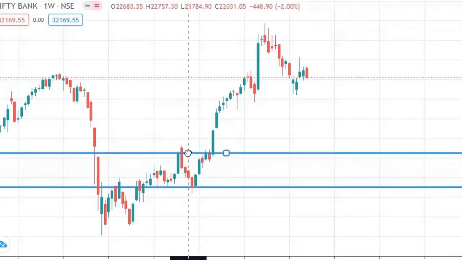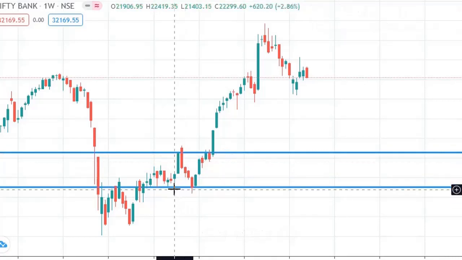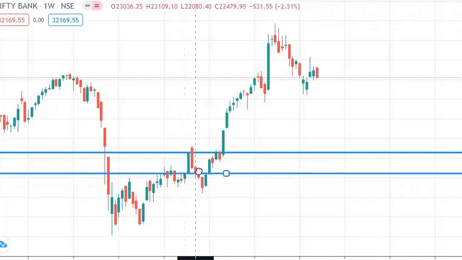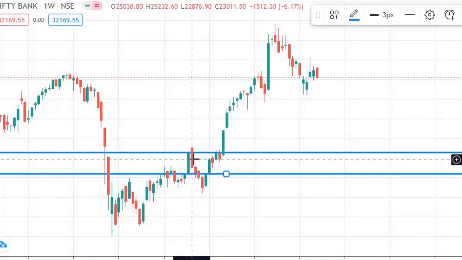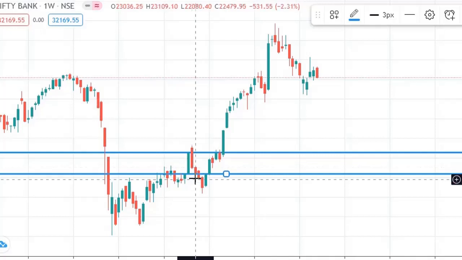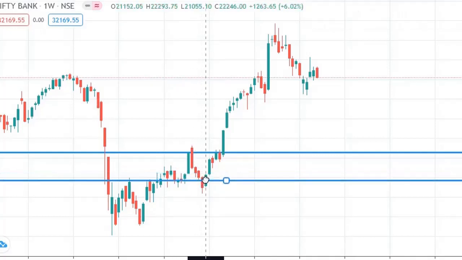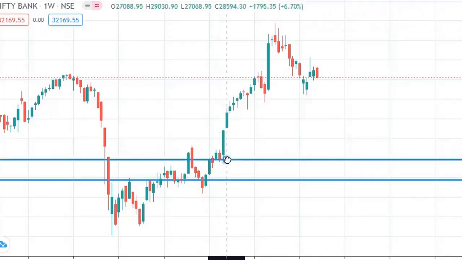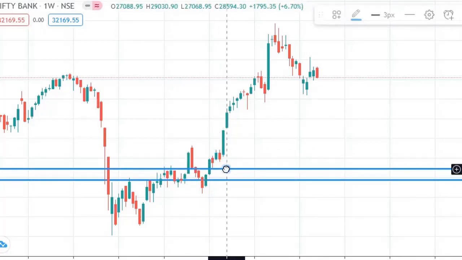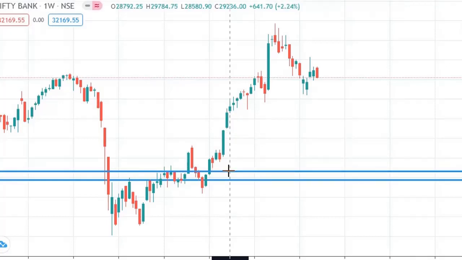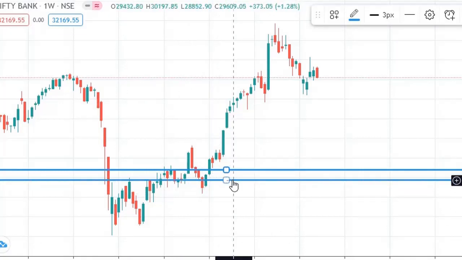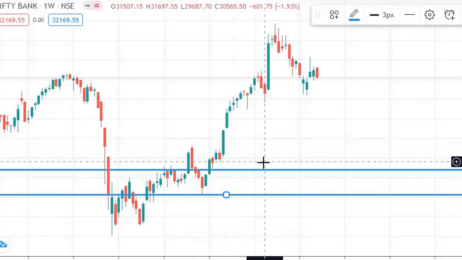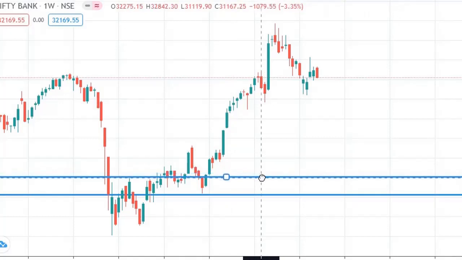Now the green bar came up and shot upside, so we are going to mark this. Now 1 and 2, two candles, for 2 weeks it traded inside this range with a positive candle. Now it came down, so we are going to mark the high and low of this candle. Now again this red candle closed below it, so I am going to mark the high and low of this red candle. That's why close is very important, so wait for the close.